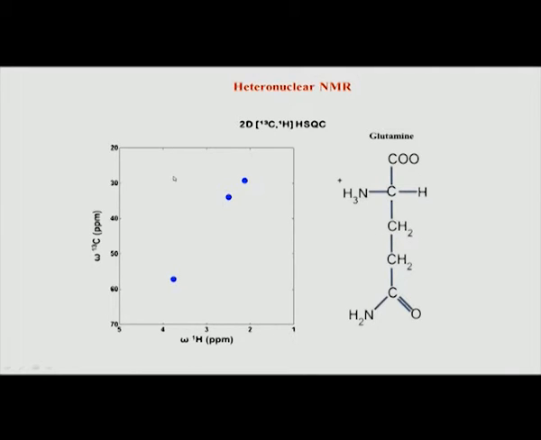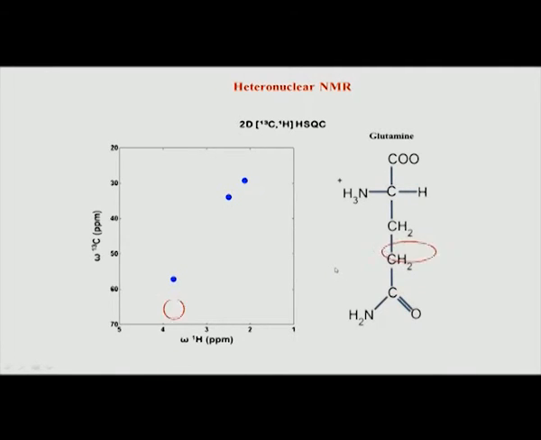So, now let us understand how this spectrum can be interpreted. On this axis, the y axis is your carbon chemical shift, as you can see from the values, and on the x axis is the chemical shift of hydrogen. We are only looking at CH systems. We only have 3 such systems and therefore, there are 3 peaks here.